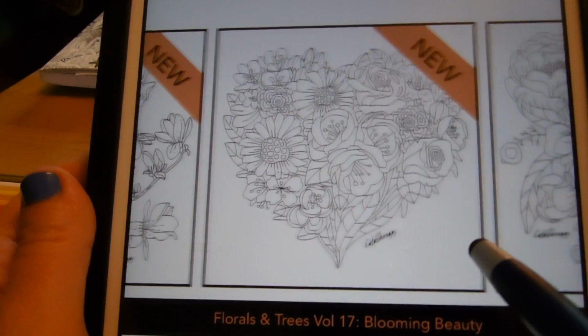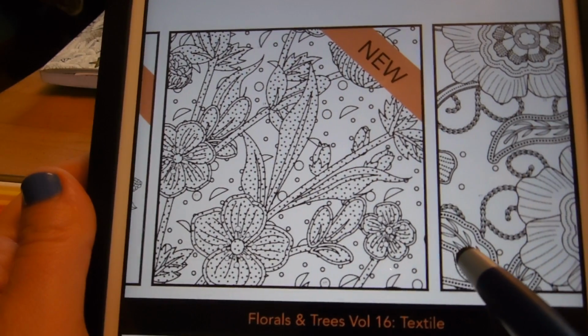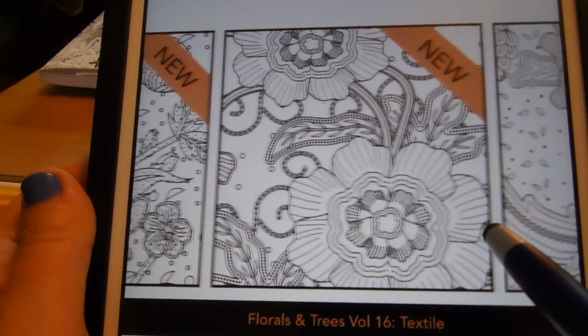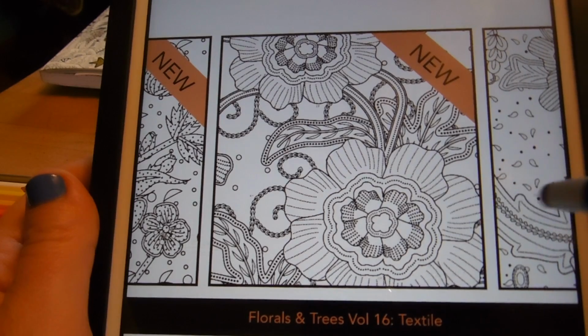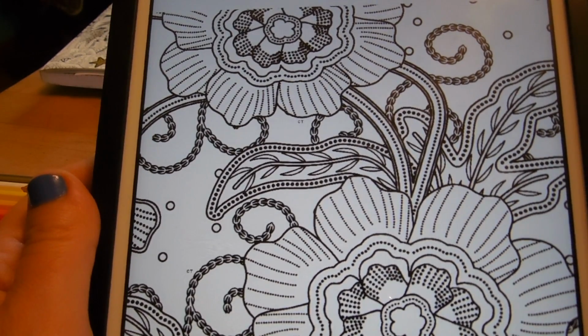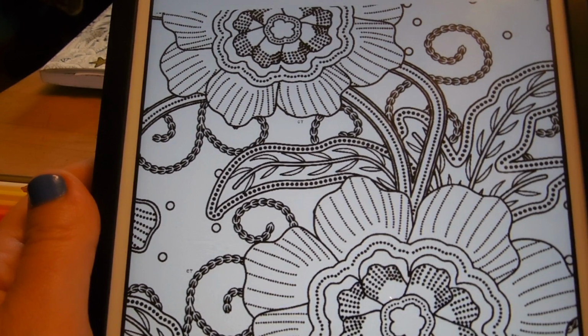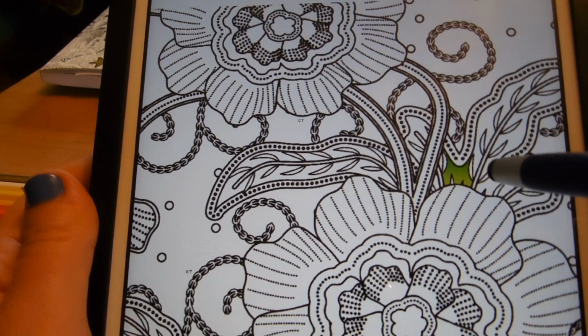Now, this app had an interesting interface. I'm used to using colored pencils when I color, and this one, as you're getting ready to see, I'm going to work on this flower one right here, and I'm using a little pen stylus, so not using my fingers, so I have a little more control. But it is an ink